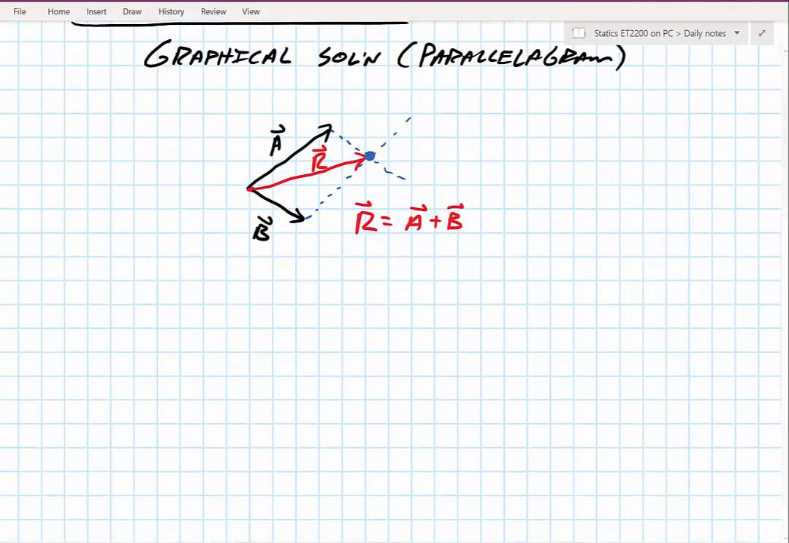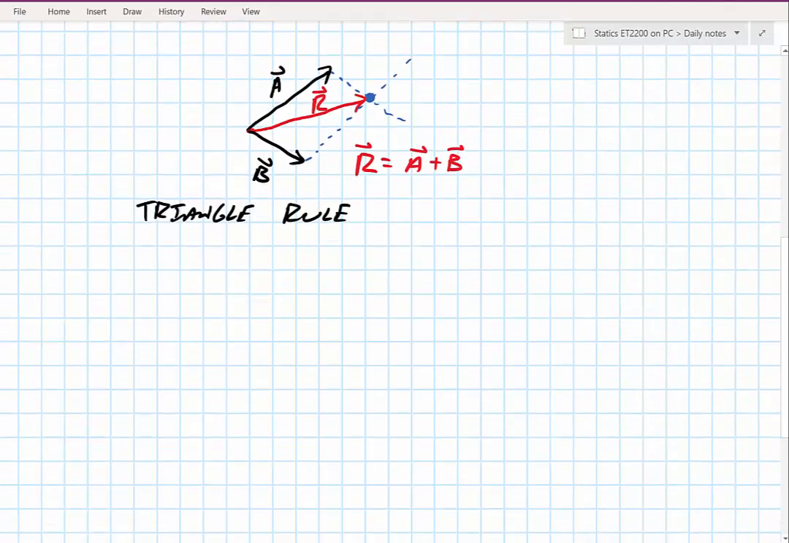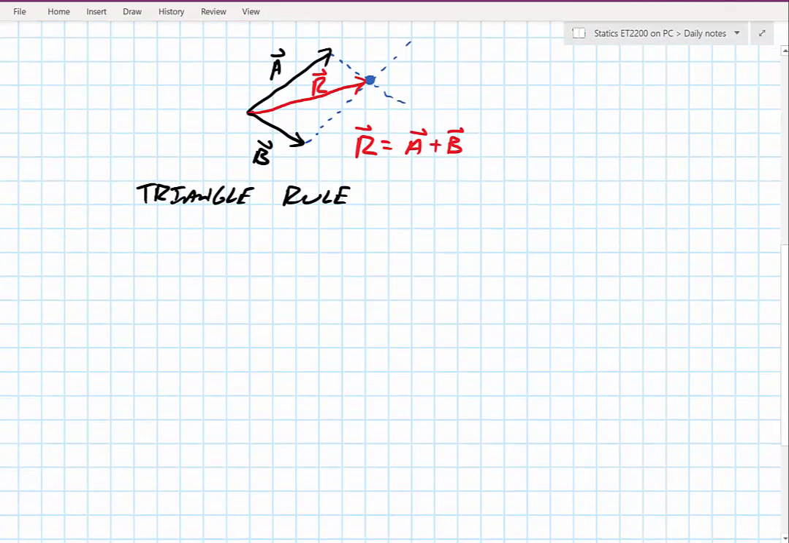Now this can actually be drawn to scale and measured, which you hardly ever see. Definitely not required for any class that I teach. Most people don't walk around with rulers. Instead, what we want to do is mathematically determine this, and one way we can do this is by using the triangle rule. If I were to look at this parallelogram method, and just from my previous example, let's say they have the same vector A and the same vector B,